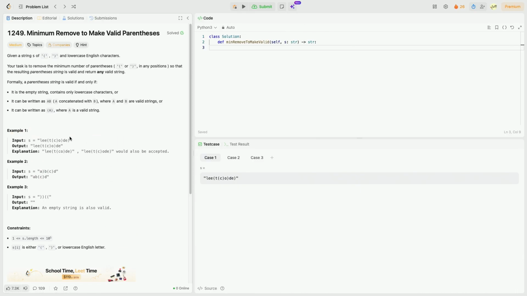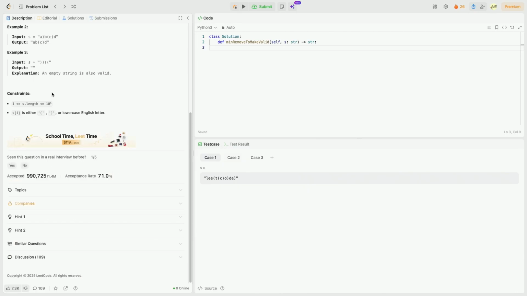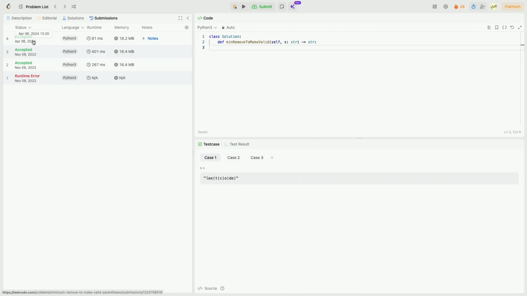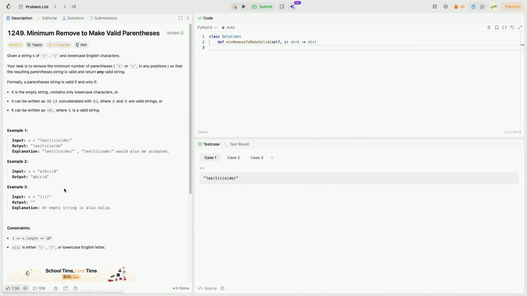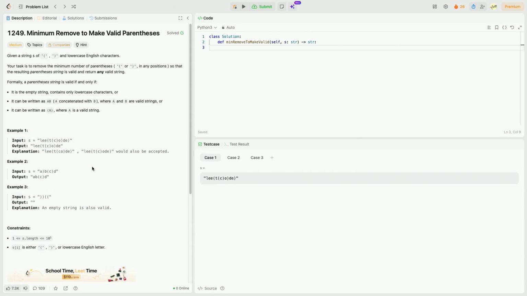Yes. And this is a classic LeetCode problem. You should probably know how to solve it. I believe I've solved this before. Yes, some time ago, but I will reattempt to solve this now. And yeah, let's just read through it and maybe we get an idea of how to solve it. I don't remember how to solve it, but hopefully I'll be able to